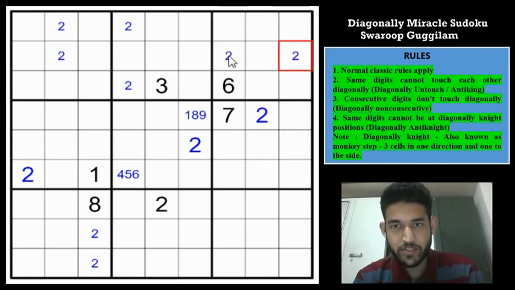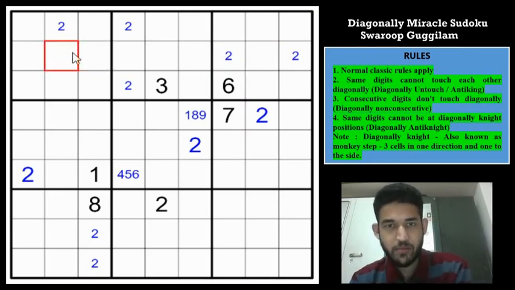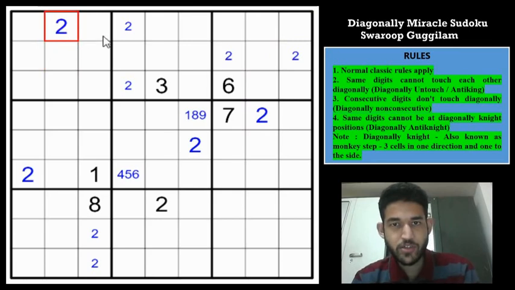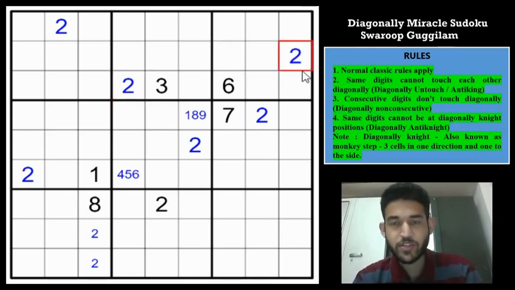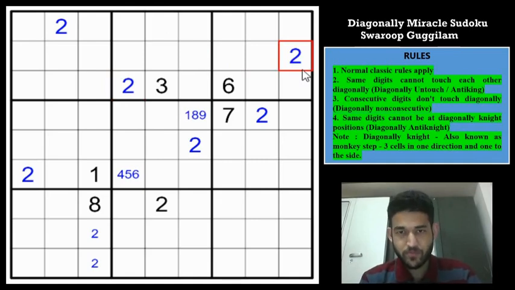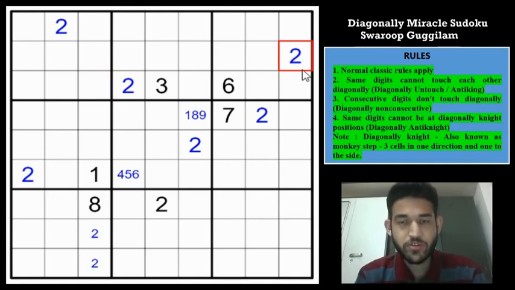So 2 can only be in these 2 cells in box 3, right? So which eliminates the 2 and which gives us the 2 here and which gives us the 2 here. And this 2 is at a monkey step away from this 2. So we can remove that and place the 2 here. So we have got all the 2's. So in these kind of miracle Sudokus, often you won't find writing candidates inside a cell and then continuing the digit. Often the single digit by itself, because of the heavy constraints in the Sudoku, will propagate throughout the